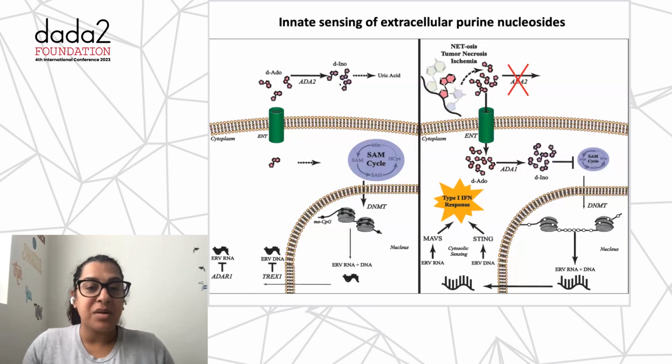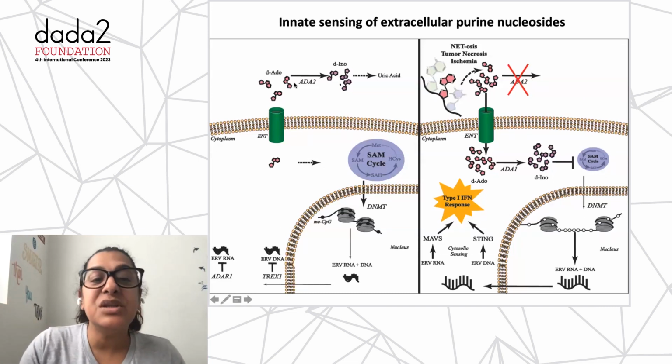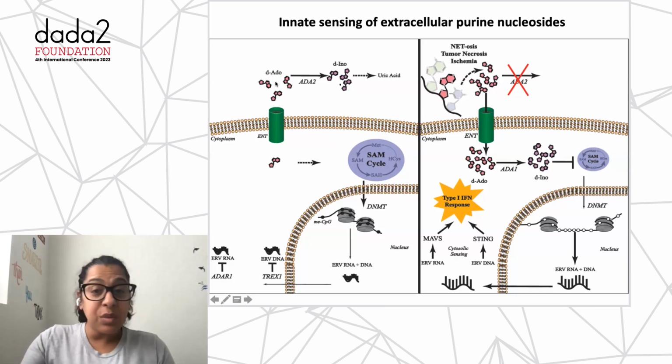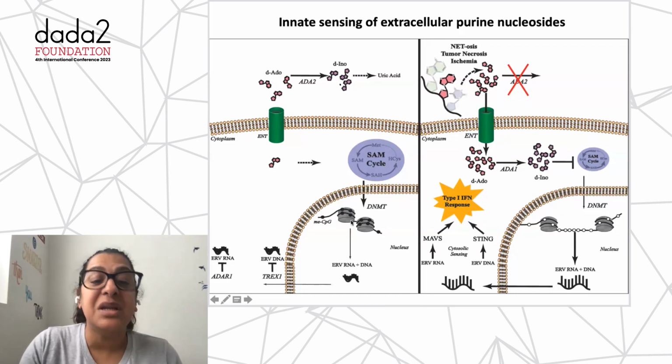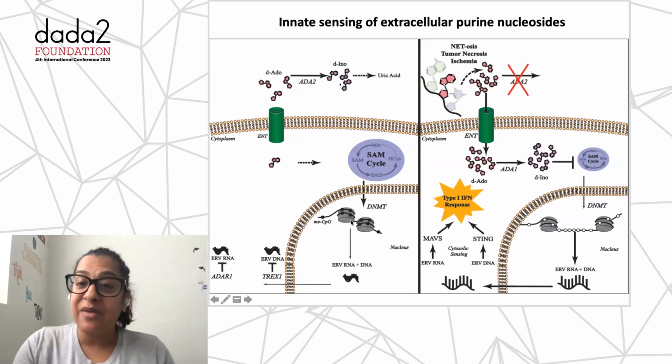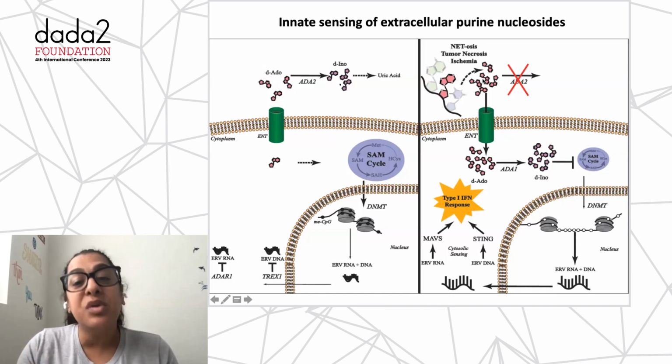And so this is our model, whereby we think under normal conditions, ADA2 is responsible for removing or catabolizing extracellular purine nucleosides like dAdo. And if they're removed from the extracellular environment, they cannot enter cells. And the SAM metabolism, the SAM cycle, and DNA methylation is homeostatic. However, in the absence of ADA2, deoxyadenosine can accumulate. It isn't being removed efficiently,